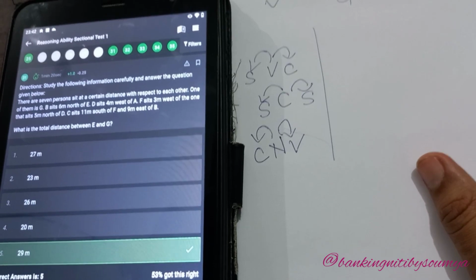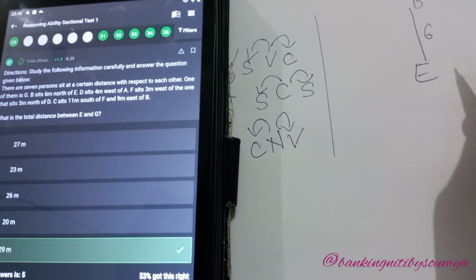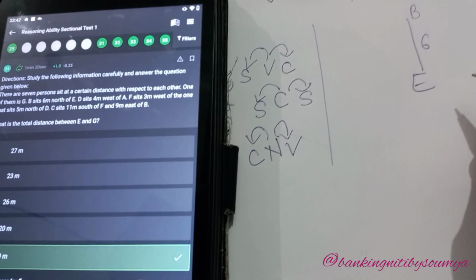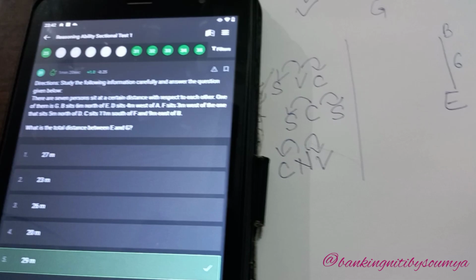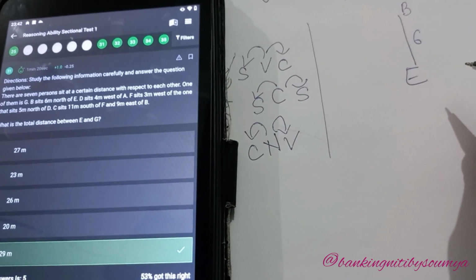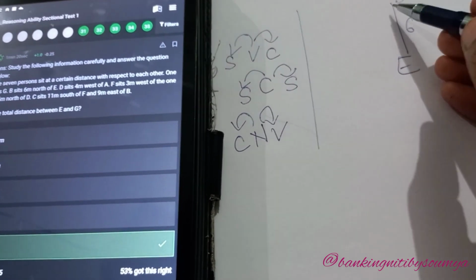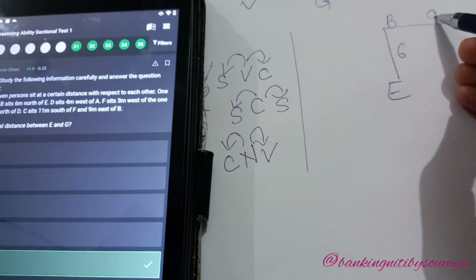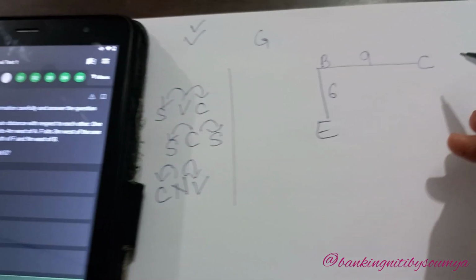Now our question is, B is 6 meter north of E. Okay, D sits 4 meter west of A, F sits 3 meter west of 1, that sits 5 meter north of D, C sits 11 meter south of F and 9 meter east of B. Now, who is 9 meter east of B? We will make it C. So we can see here